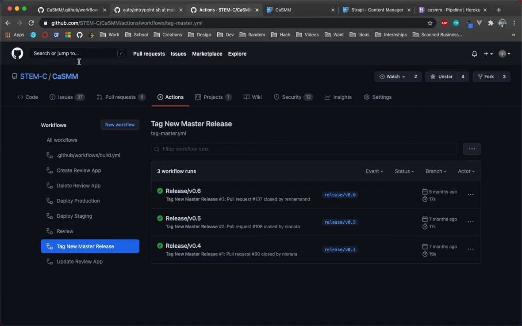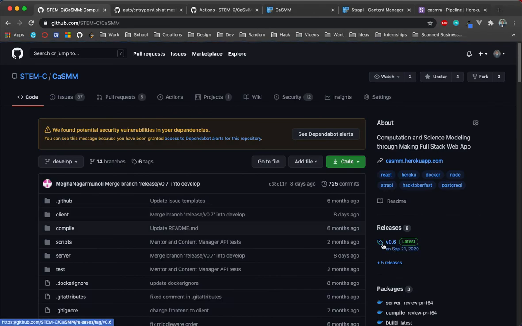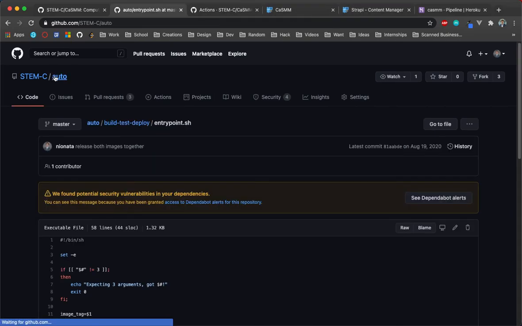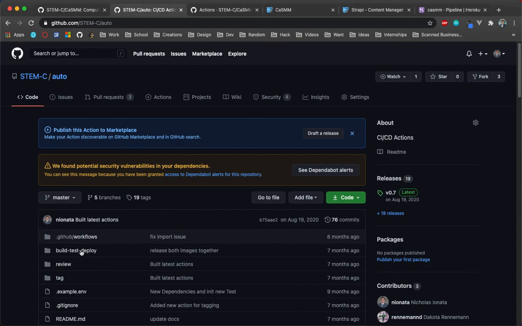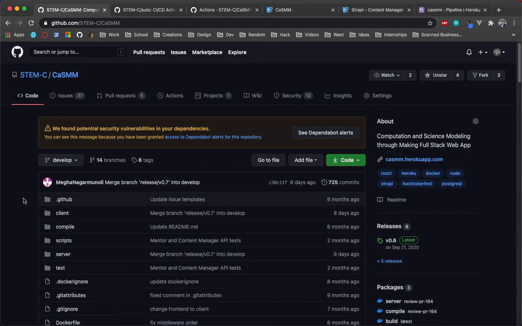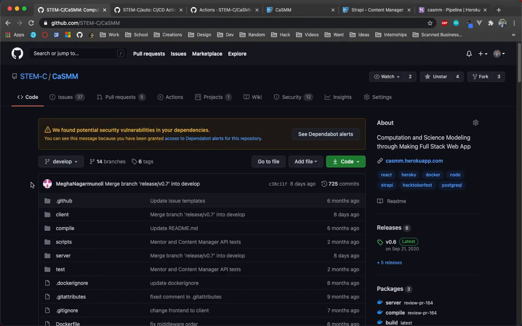And one other thing I wanted to say is we also have something that automatically does tagging, and that's another GitHub action. So you can see there's that tag in the auto repository right here. There is this thing called tag, and this is another GitHub action that'll automatically do semantic versioning and submit a new tag when you do pull requests. So all that should be documented, but yeah, that is a quick overview of